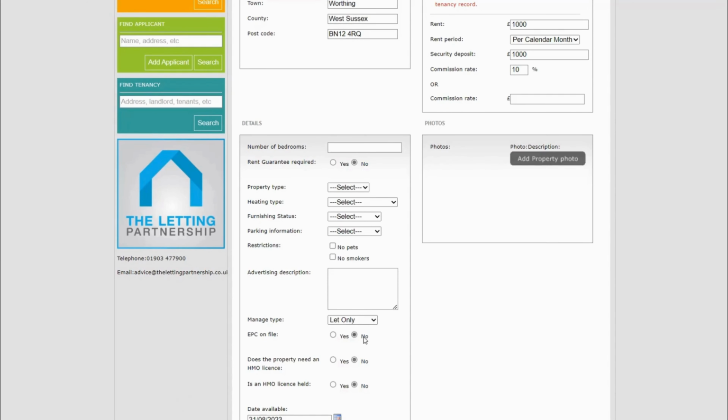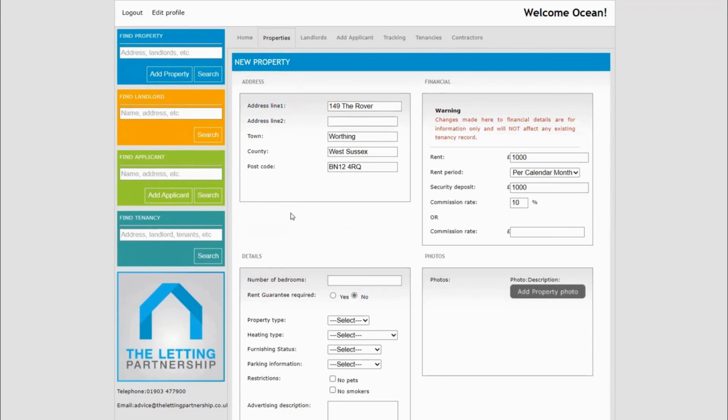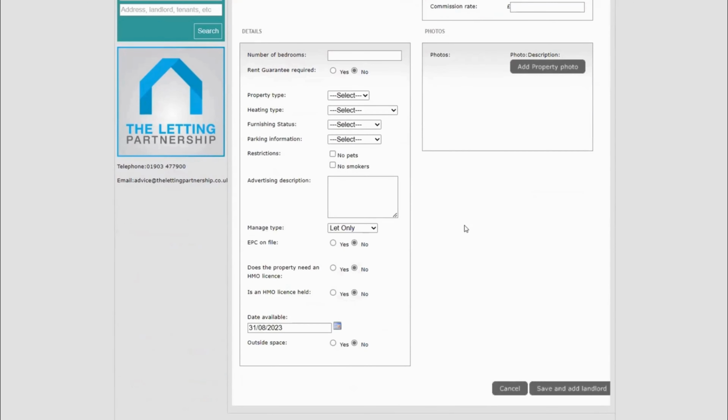You can also add supplementary information on this tab, such as number of bedrooms, the property type, and furnishing status. However, this is not essential for progressing to the next page. You will see here a completed example of how the new property fields should look. If yours looks like this, or with more information filled in, then it is good to go and click Save